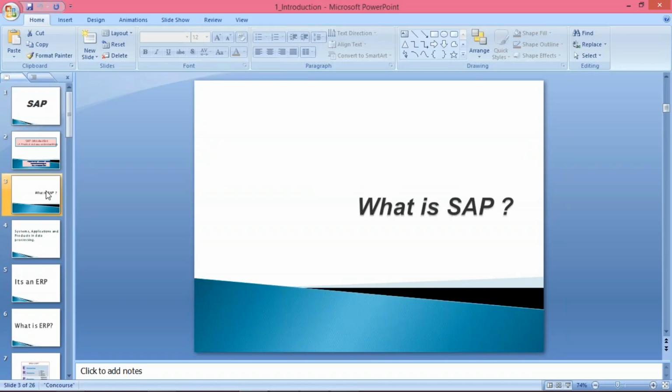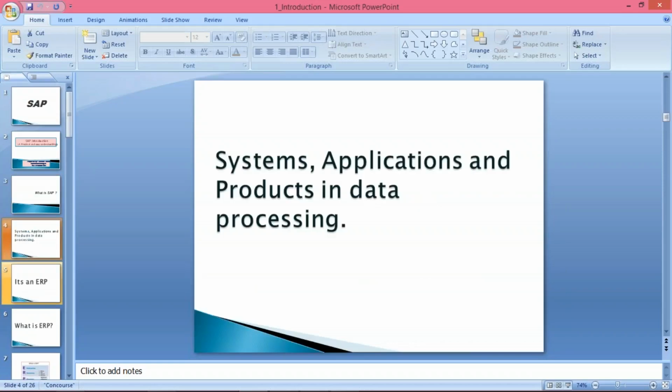The first question which will come to everybody's mind, whoever is new to SAP, is: what is SAP? And we should know that if you're planning to do certain things. First of all, you should know what this SAP is, what this Oracle is. If you're going to do any other course, Java, .NET, lots of courses are there. So here we'll talk about SAP. So the first question is, what is SAP? Now look at the next slide, what the next slide says.